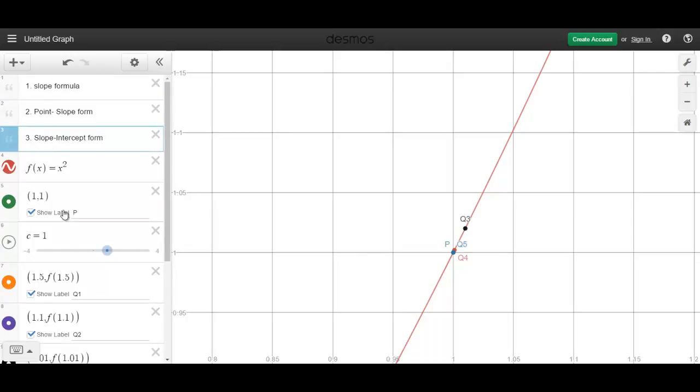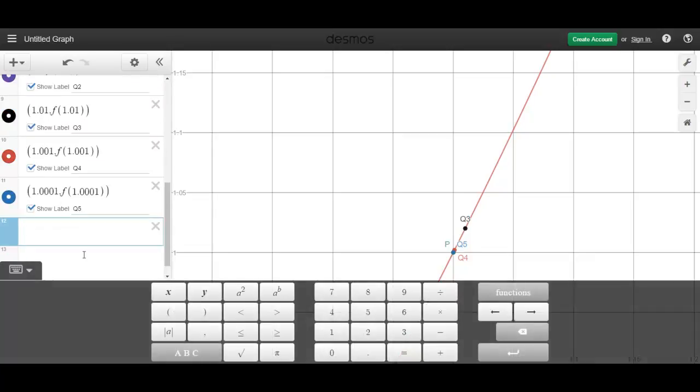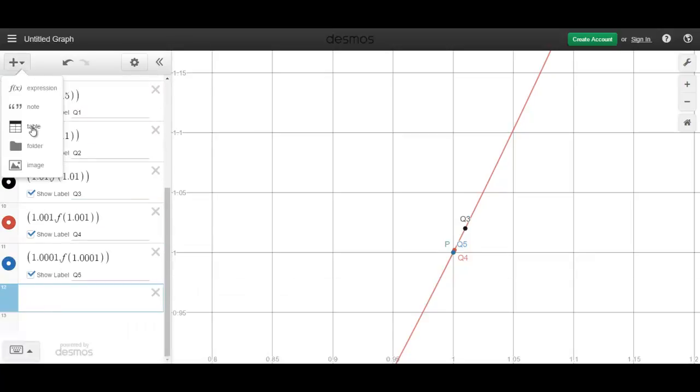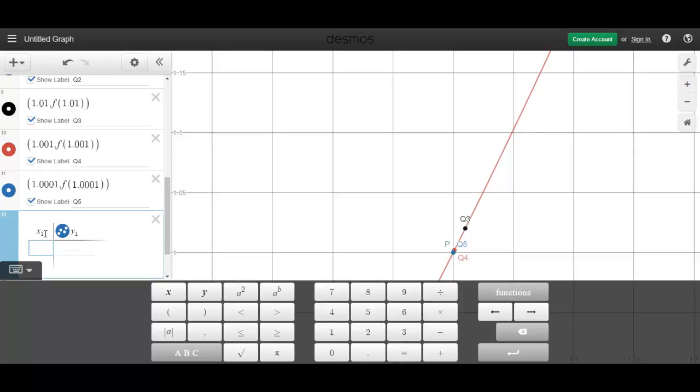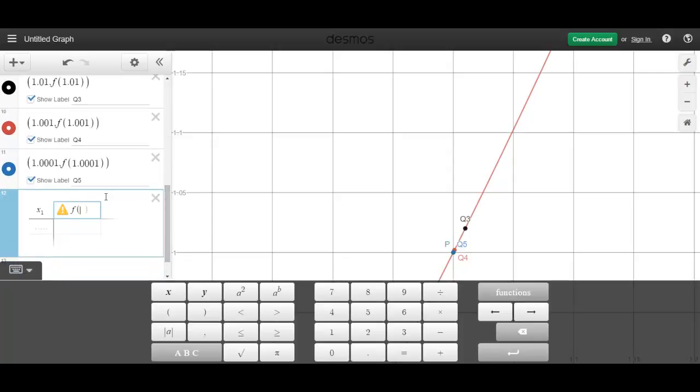Find the slope of the line using P and say Q1. Now f of 1.5, that's just a number. If you want a shortcut to find f of 1.5, here's a trick. If you're using Desmos, go down here, add an item, go to table, and let's say not y1, but let's change this. Let's say we want to find f of that value. Now all you have to do here is say f of, with the correct subscript,